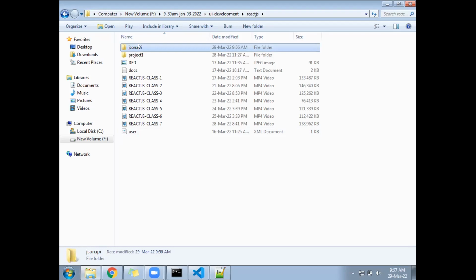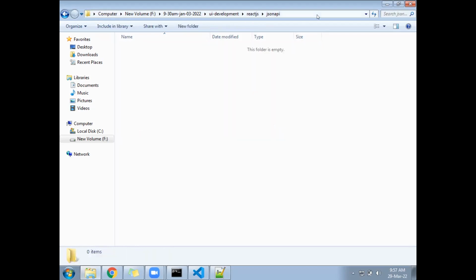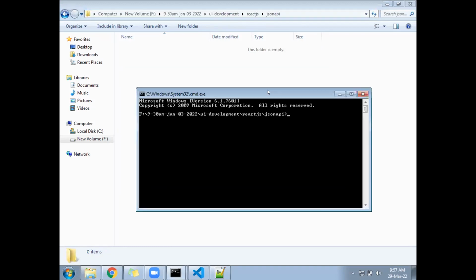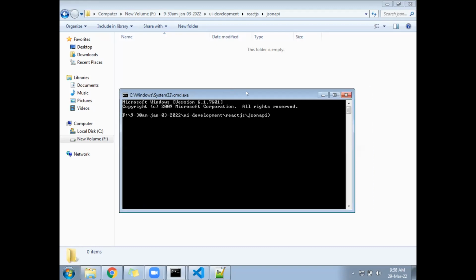Under the JSON API folder, open CMD. In the JSON API folder, open the CMD. CMD is open. Right inside,